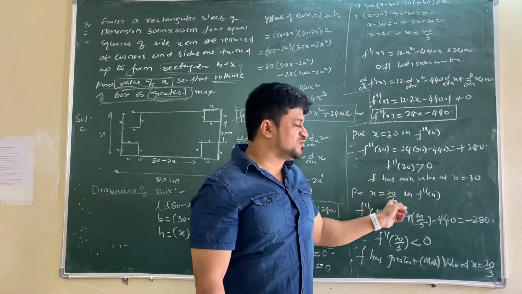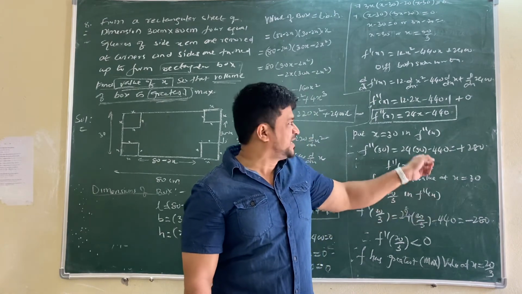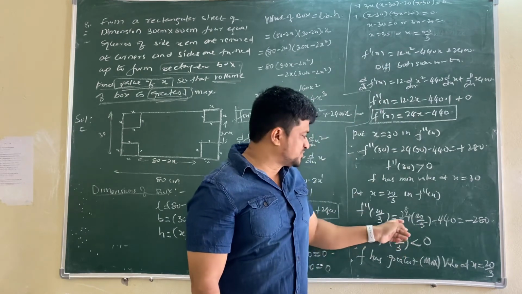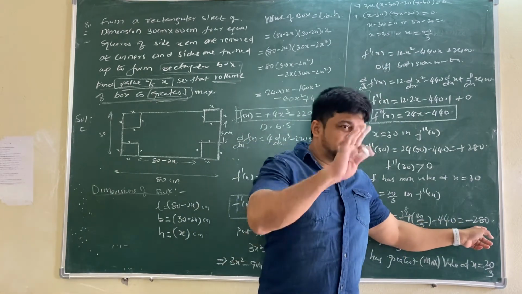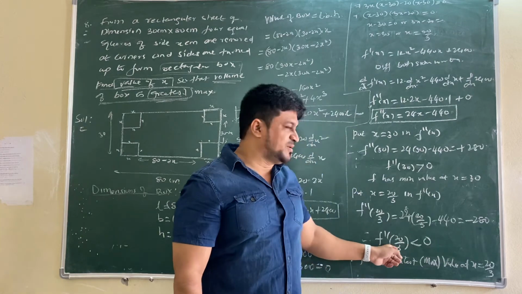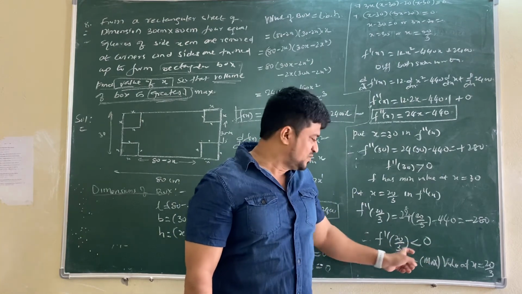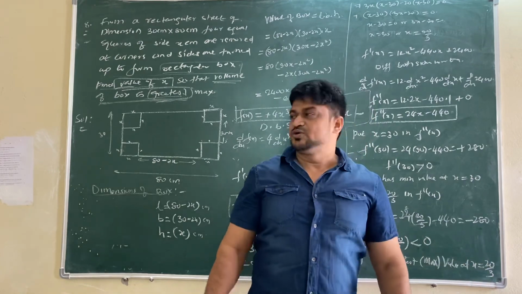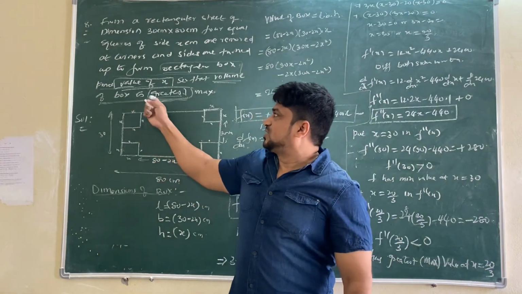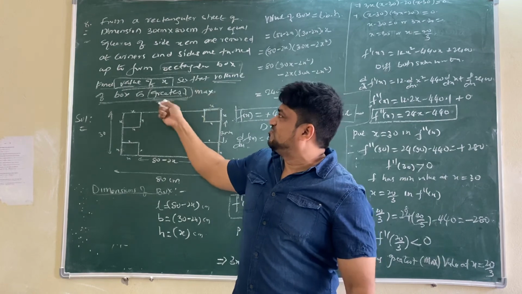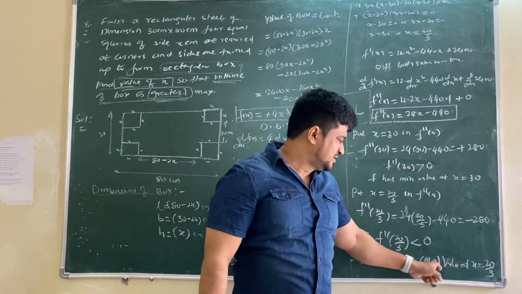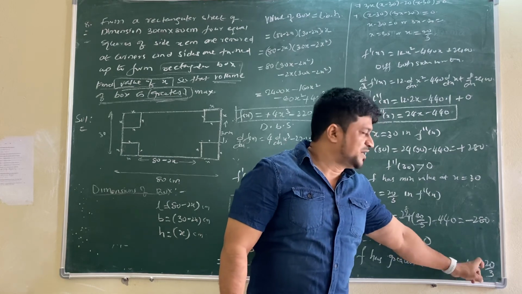Next, put x equals 20 by 3 in f double dash of x. Again in f double dash of x, what are we substituting? The second value. After substituting the second value, if the answer is negative, we can write f double dash of 20 by 3 is less than 0. So f has maximum value at x equals 20 by 3. See, the box is greatest, so the volume of the box is greater. Find the value of x. At what value of x will we get the maximum value? For the value 20 by 3.